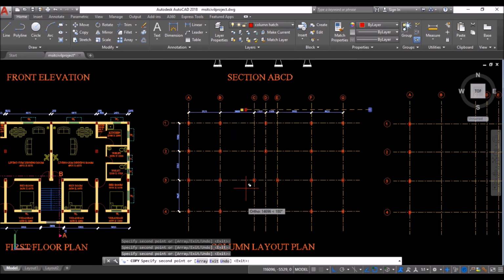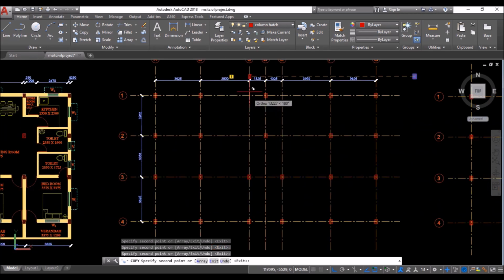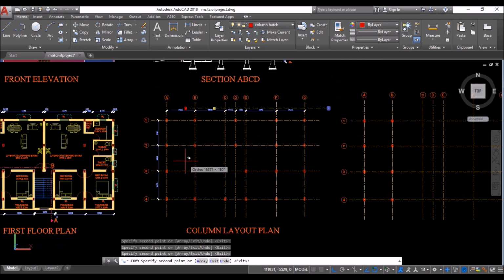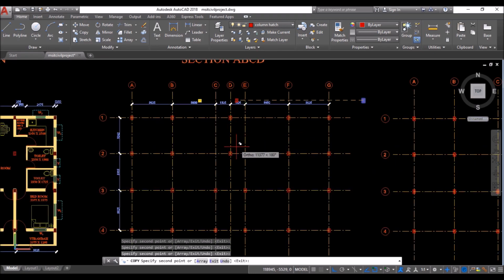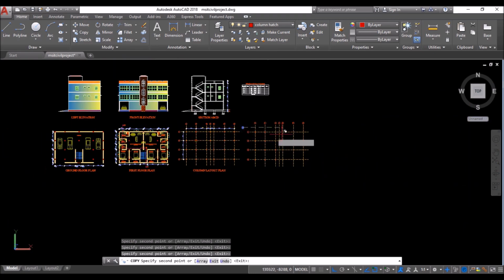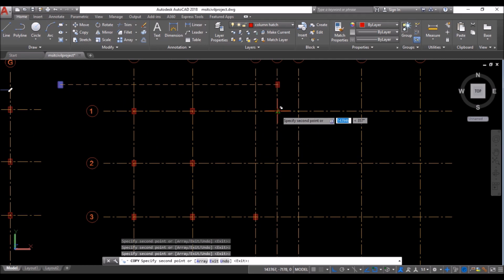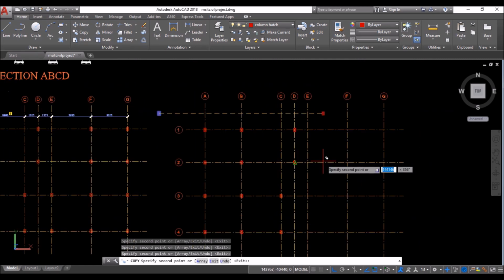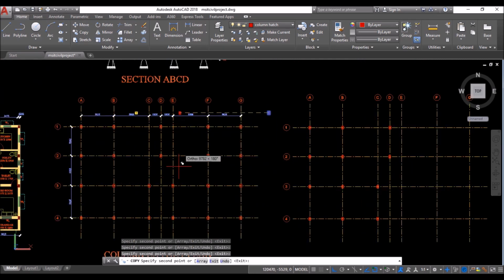Then click at B1, B2, B3 and B4 positions. Then at C3 and C4. Then at D1 and D2. Then at E3 and E4.